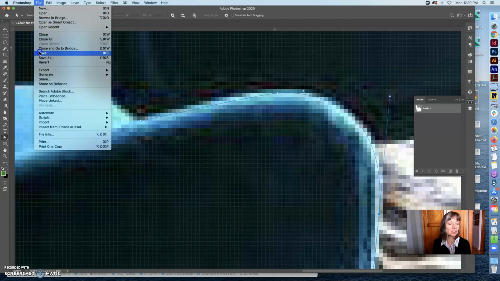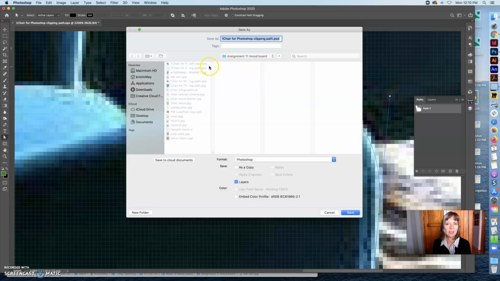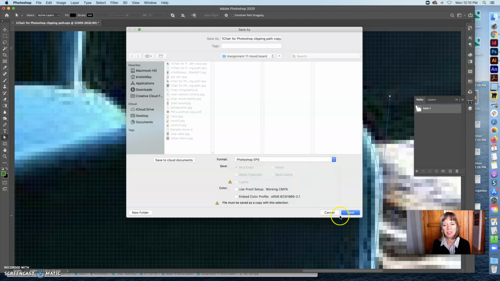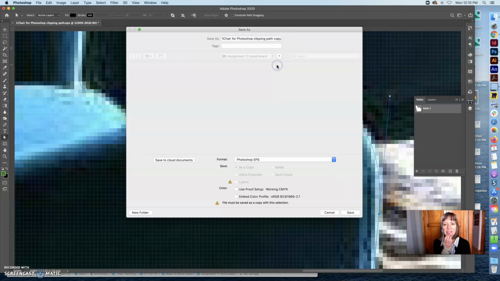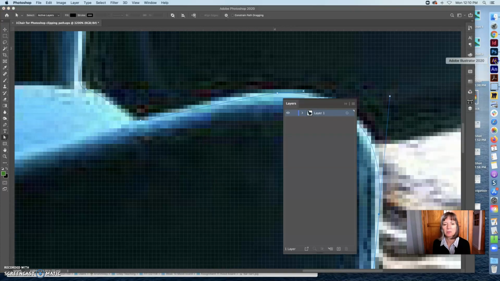So I am going to save that. So it is going to be saved again as my copy of that, and I'm going to make it, sorry, Photoshop EPS. It's under Photoshop, and save, replace. Okay, and go back into my Illustrator document,